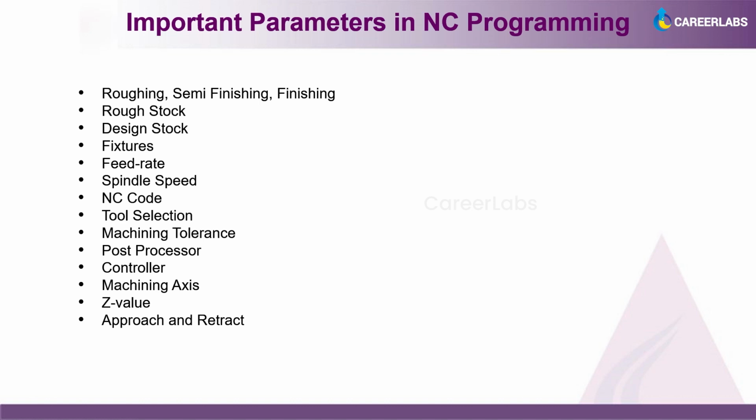Fixtures are nothing but to handle the workpiece. Feed rate and spindle speed are connected to the tool. Whatever tools we are using to cut the workpiece or to machine the rough stock, these tools need to be selected as per the designed parameters. Suppose you take the radius, and one of the corner radii is 5 mm, I cannot use more than a 5 mm tool diameter. So that is where I have to order the tools from the manufacturer.